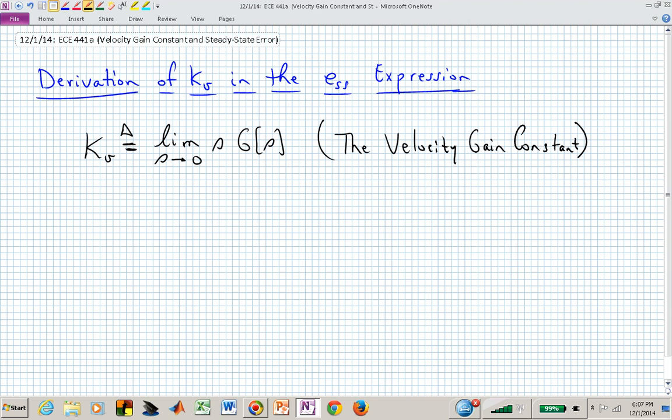What we want to do then is derive K sub v, which is equal to the limit as s goes to 0 of s G of s, and we're assuming that G of s